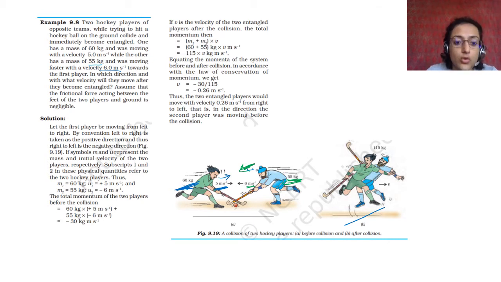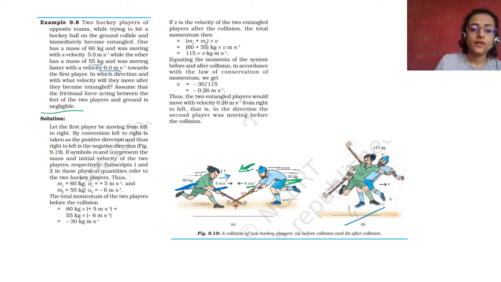Assume that the frictional force acting on the ground between the feet of the two players is negligible. As I told you, आपके level पे you are not supposed to incorporate friction into your thing. The law of conservation of momentum states that the momentum remains conserved before and after some sort of collision happens, given that there is no external force acting upon them. If there was friction then there would be an external force. आपके केस में वो आपको कंसिडर नहीं करना है. ओके, सो यू विल ऑलवेज बी गिवन कि फ्रिक्शन इज नेग्लिजिबल और फ्रिक्शनलेस सरफेस.